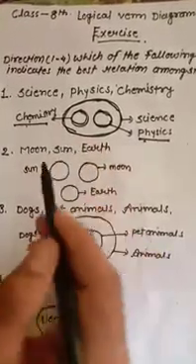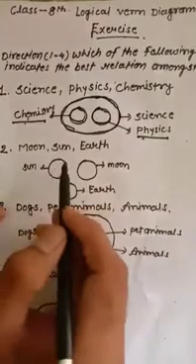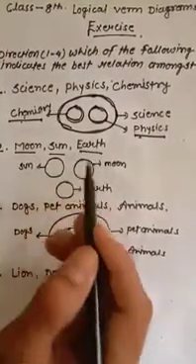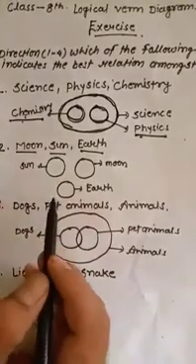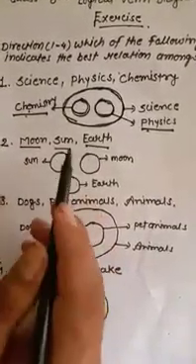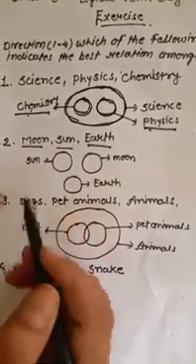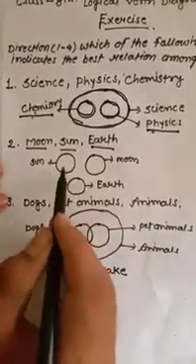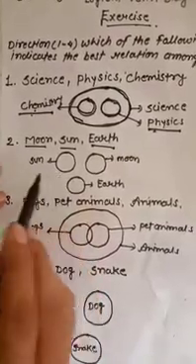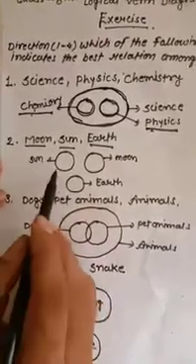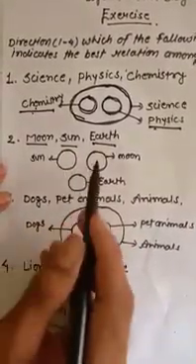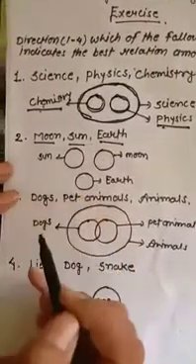Now come to the next question, that is moon, sun, and earth. It is quite easy because there is no relationship between these things, because earth is a different planet, sun is another thing, and moon is also another thing. So we will represent all three things with individual Venn diagrams. Here I mention it is sun, it is moon, it is earth. There is no relationship between any of the three things.